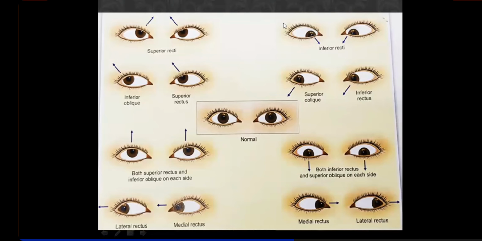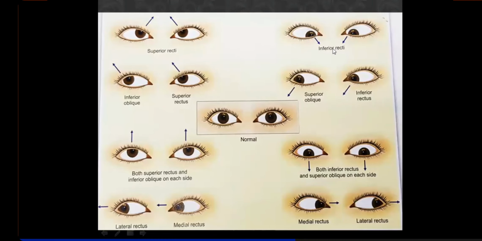Similarly, looking downwards and medially, now this you can see यहाँ पे हमने testing में this diagram, if it's asked which muscle is being tested, then the answer will be superior oblique. And if it's asked a person is looking downwards and medially with an adducted eye, which muscle is performing this action, then here you can write it is inferior rectus. Downwards and medial gaze is by inferior rectus. And downwards and lateral, that means downwards and abducted eye, this action is being performed by superior oblique.